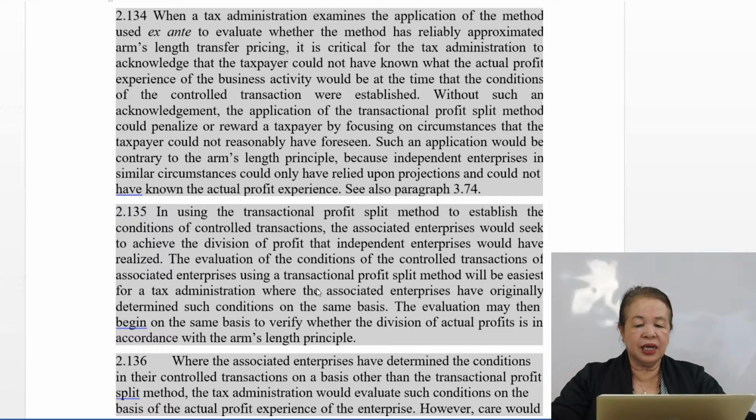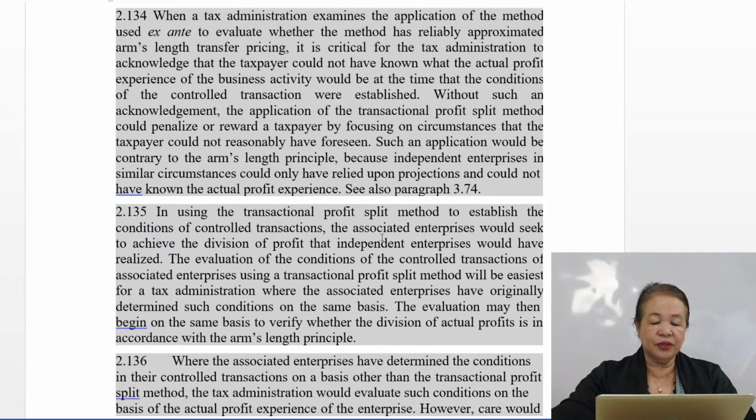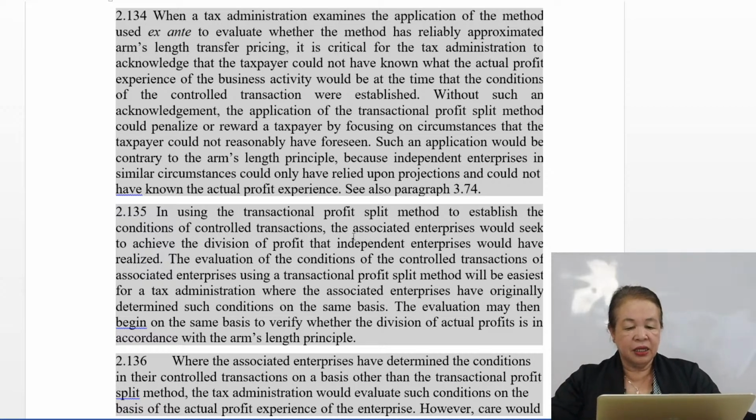So without such an acknowledgement, the application of the transactional profit split method could penalize or reward a taxpayer, no? So by focusing on circumstances that the taxpayer could not reasonably have foreseen. Such an application would be contrary to the arm's length principle because independent enterprises in similar circumstances could only have relied upon projection and could not have known the actual profit experience. No? See also paragraph